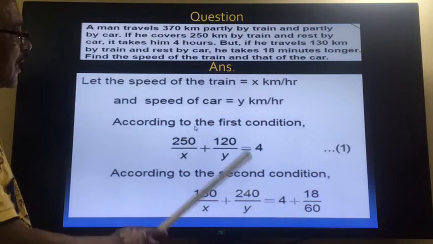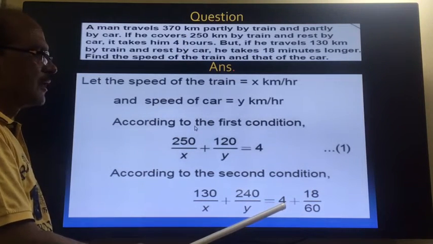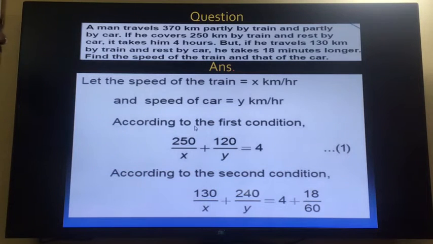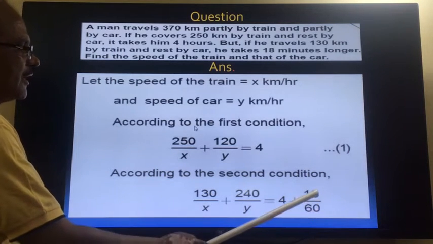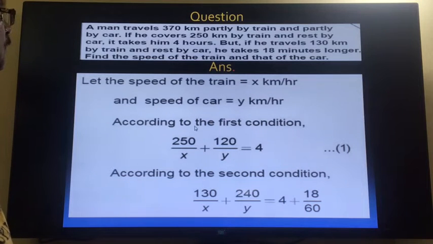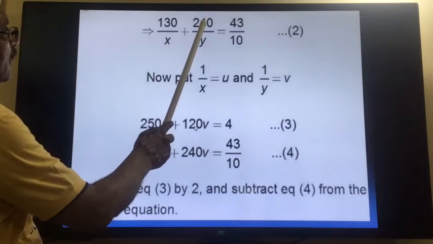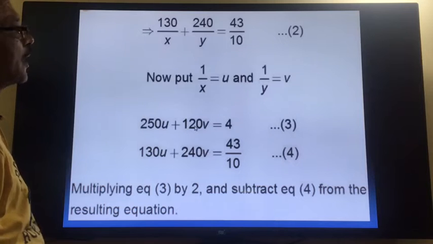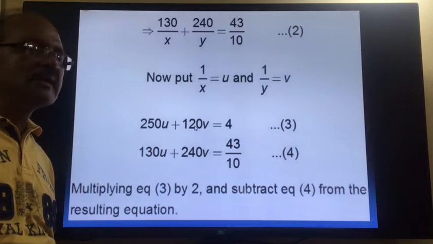But this is in hours and this is in minutes, so we will convert this into hours. So 4 hours plus 18 minutes. So 18 we will divide by 60 to convert into hours. So total time in the second case is 4 hours plus 18 minutes more. 18 minutes we will convert into hours by dividing it by 60. So second equation we will write like this: 130 upon x plus 240 upon y is equal to 43 upon 10 after taking LCM. Now in these two equations, equation number 1 and 2, we are observing x and y